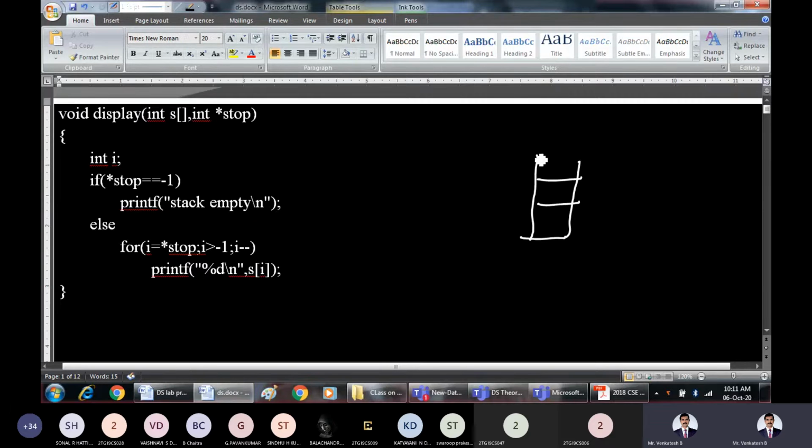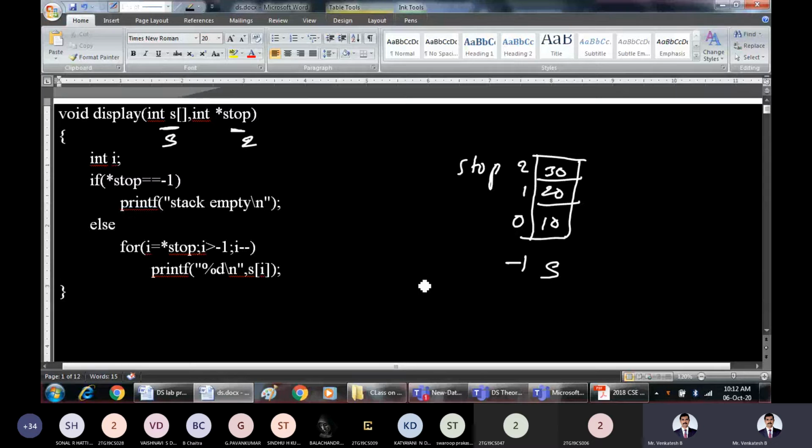So stack, the elements inserted were 10, 20, 30, and top was pointing to index 2. So we want to display elements of this stack with this stack top. So what is stack top? It is 2. And what is stack? This is our stack. So when we want to display, we should check whether stack is empty, because if stack is empty, we cannot display the elements.